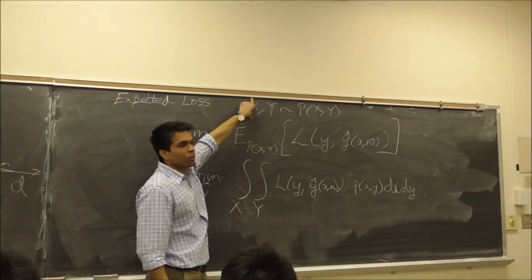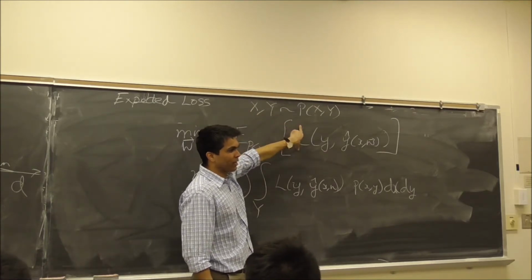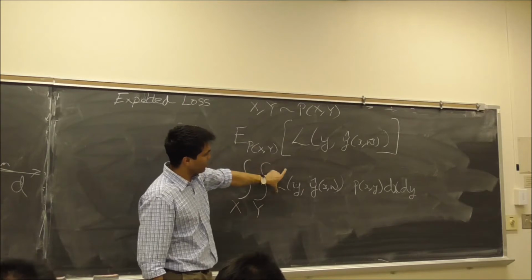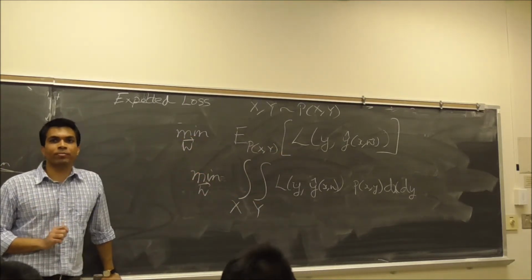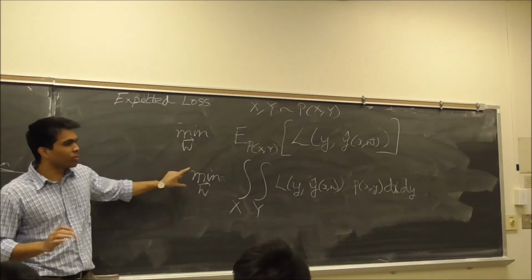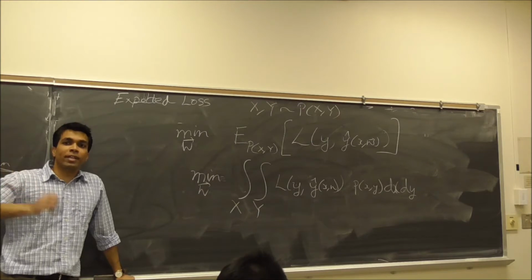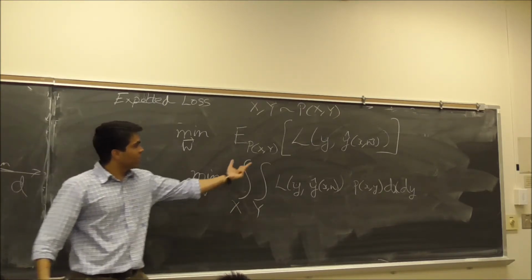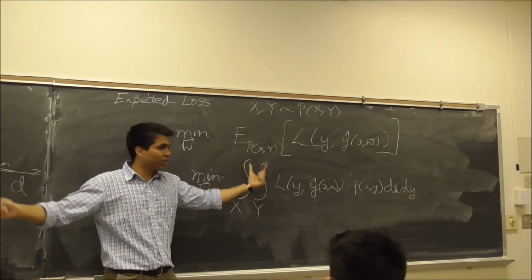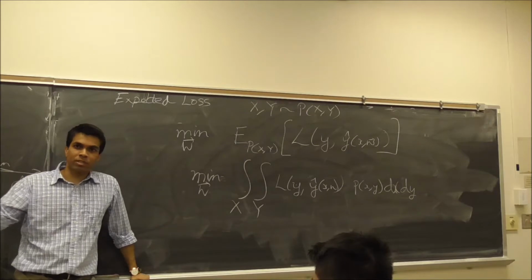Your data comes from some probability distribution. This is the expectation of the loss that you're making over that probability distribution, just the definition of expectation. If this was low, you'd be home free. If you could really just do this minimization, if you could find that one parameter setting that could minimize over all possible samplings of the data set, right? This is an expectation over all possible samplings of the data set. If this could be small, we'd be done. We can't do this because